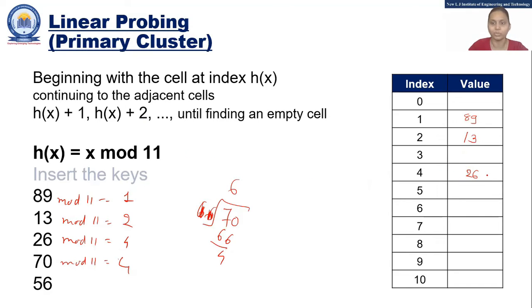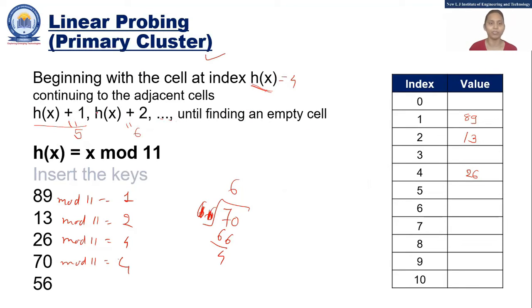And here we don't have any space because 26 is already there. If my hash function gives a location that is not available, then you can look at h(x) + 1. Here my h(x) is 4. So if 4 is not an available space, I can look at 5. If 5 is also not available, then I look at 6, and I keep checking until I find an empty space.